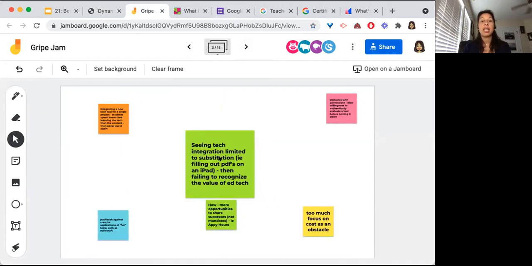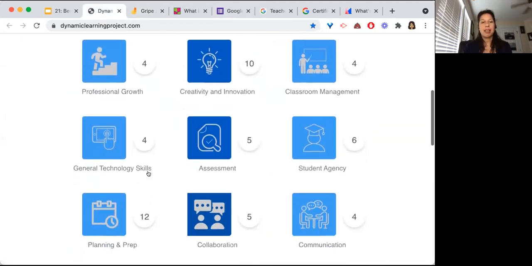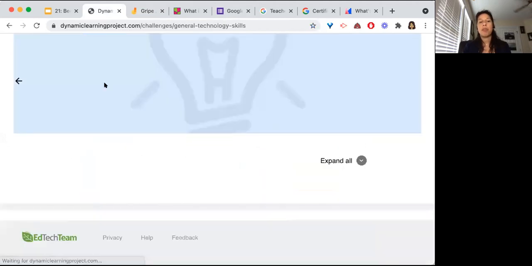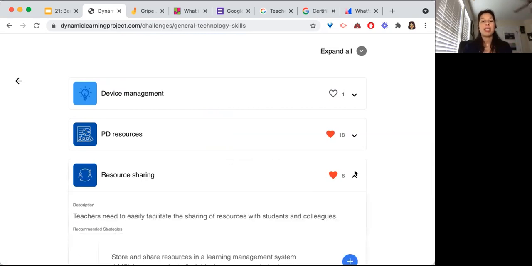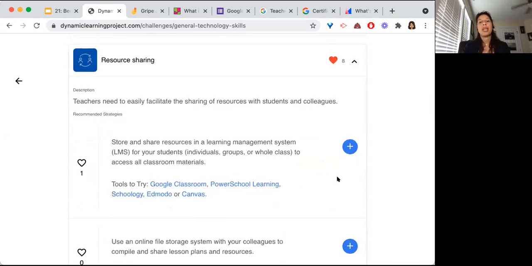We have seen tech integration limited to substitution. When we go over here and let's say general tech skills is what it falls under, then you'll see there are different subcategories: PD resources, resource sharing, lack of access. And within those, you'll also get more information around some strategies that can be implemented to address those things.